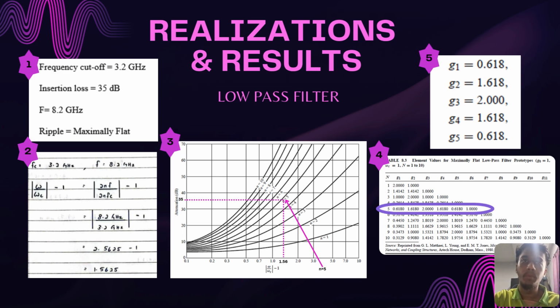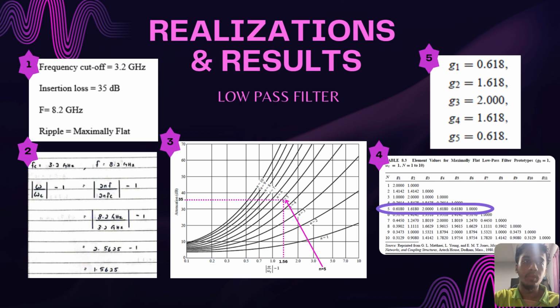So we have to find the angular frequency. The angular frequency needs to be divided by the angular cutoff frequency, then minus 1. So 8.2 GHz divided by 3.2 GHz, we get 2.5625. Then minus 1, we get 1.5625. Then referring to the table at number 3, we can get the value of n, which is